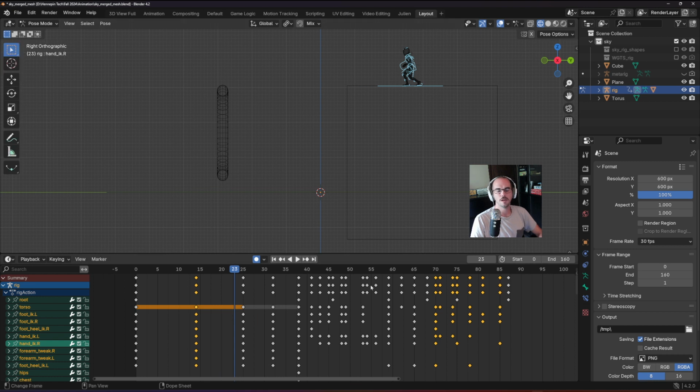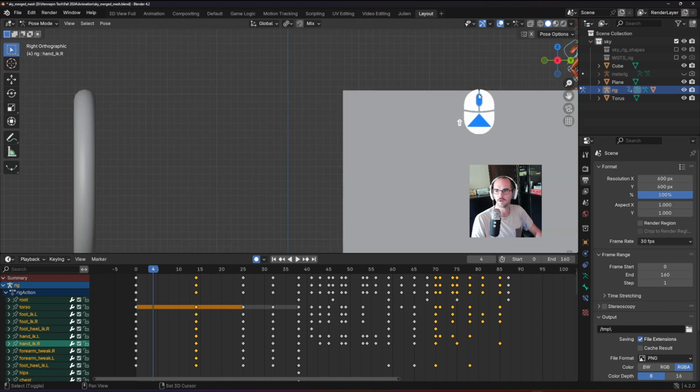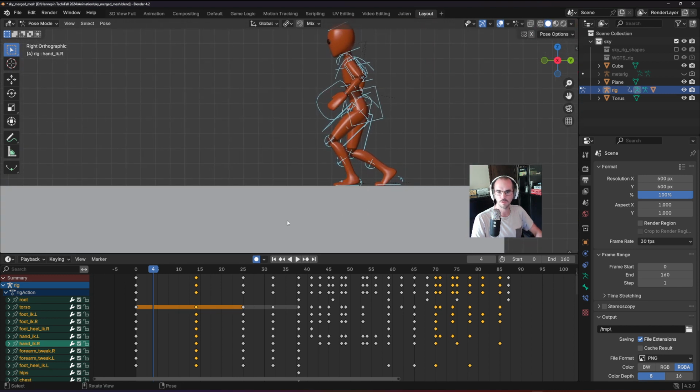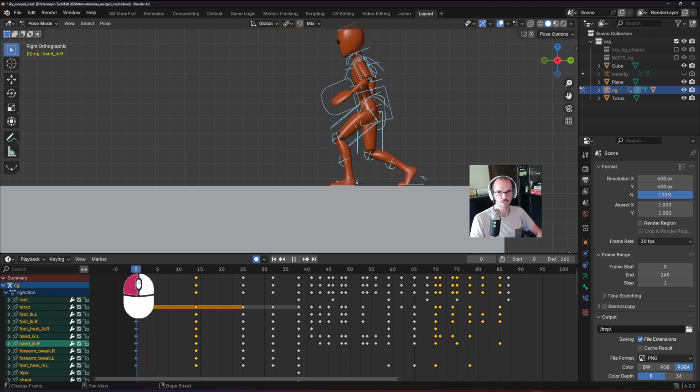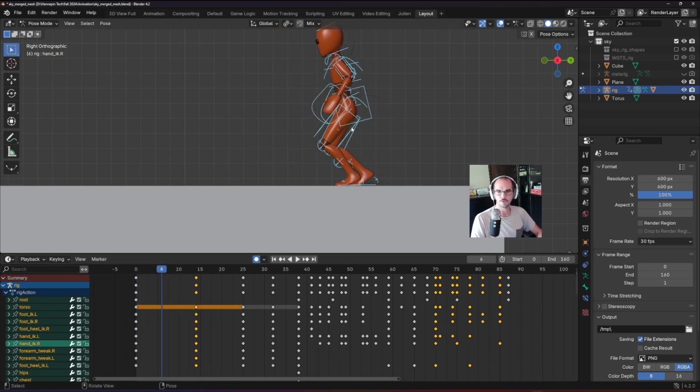Okay, here's what I was going to say. Once you get things timed out and the general movements looking good, this is when you would start to refine the animation a little bit. So for example, let me go back to object mode here. The first thing that I would definitely do is, right now the feet are just kind of shuffling. So what I'd start to do is